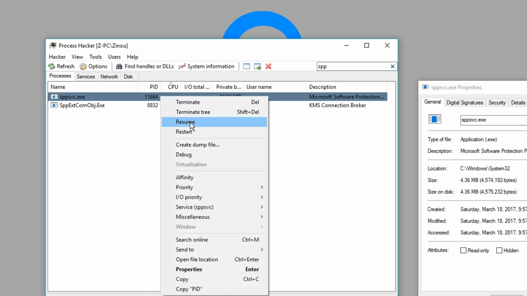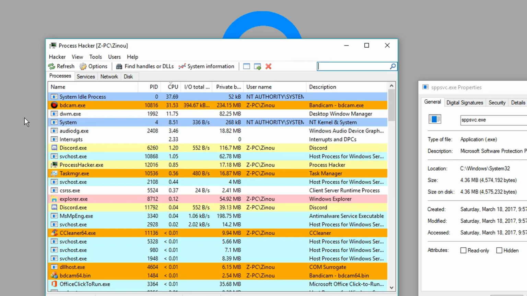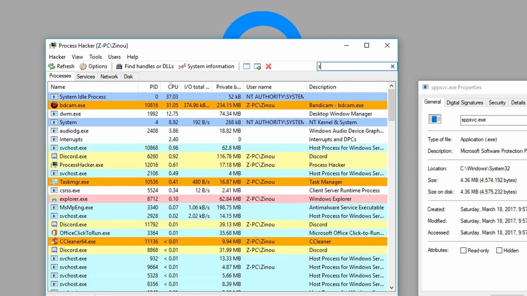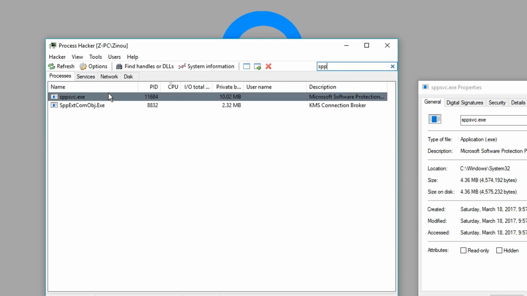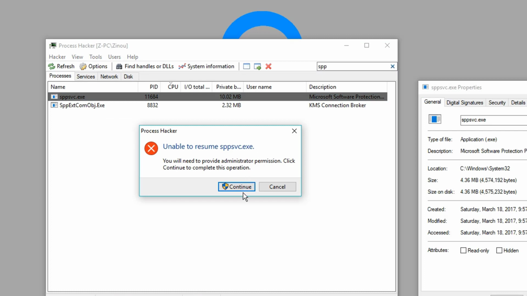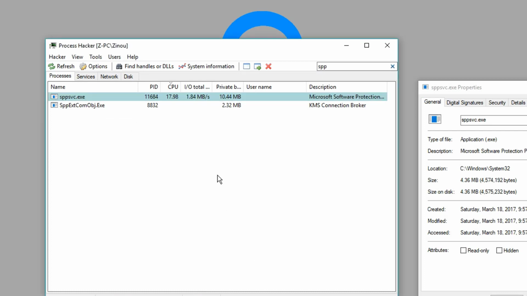and click resume. Just search for it. At the beginning, when you enter the application, you'll see it like this. Click SPP and it will show, and click this and click resume, and click continue again and yes again. Well, it's now activated, and when it takes high usage while you are going to play a game for 1 hour